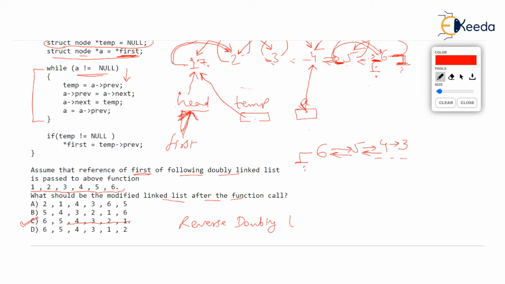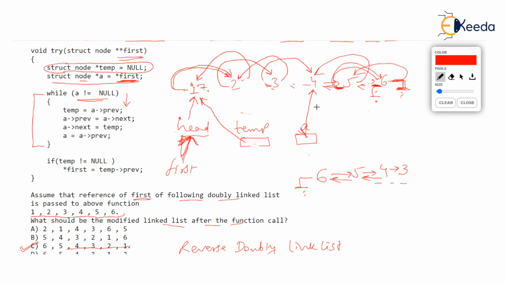I fully agree that I may not have done complete justice with this question because over-explanation may sometimes be irritating. And of course the slate is also messy as usual. But if you go word by word and second by second in this video, I hope you have understood how to reverse a doubly linked list.